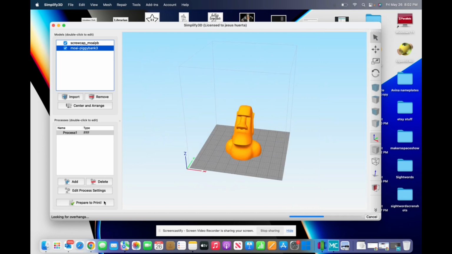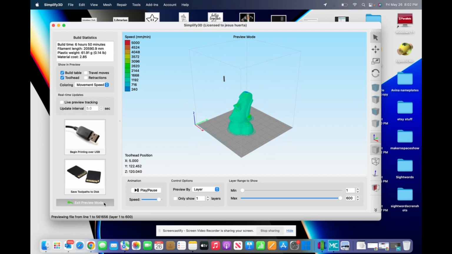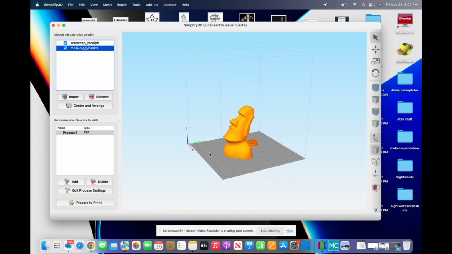Okay, so now what happens if I scale it down to 60%? Now, this may be a little bit easier. Maybe you're more comfortable printing it in one shot. Maybe you don't want to leave it overnight. I've printed on Ender 3s and CR10s for days. I think the longest I printed is 110 hours, and it printed and didn't fail. And that was with the Creality CR10. So here is my